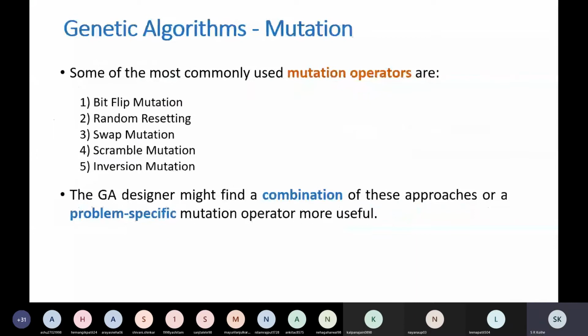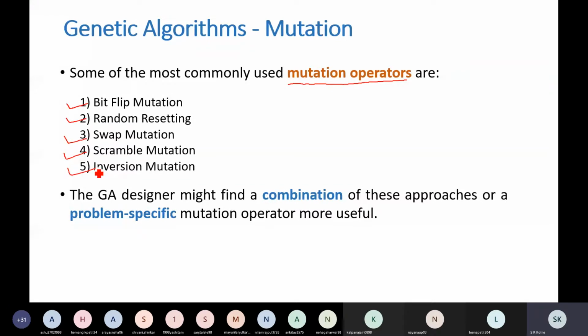Now, how is this mutation performed? There are certain common techniques which are used to perform mutation. We are going to call them mutation operators, right? Like bit flip mutation, random resetting, swap mutation, scramble mutation, and inversion mutation. These are some of the techniques which can be used for incorporating mutation after crossover.